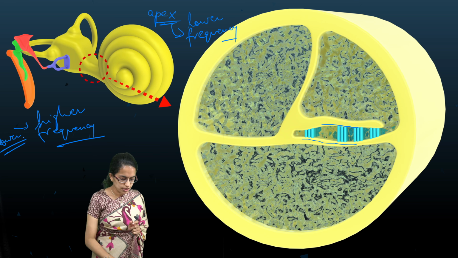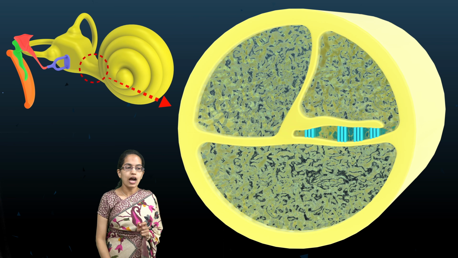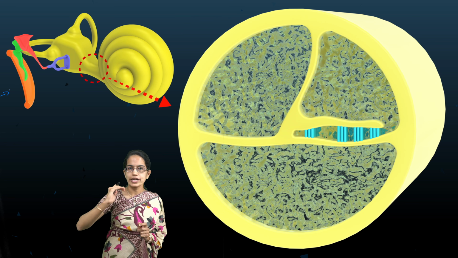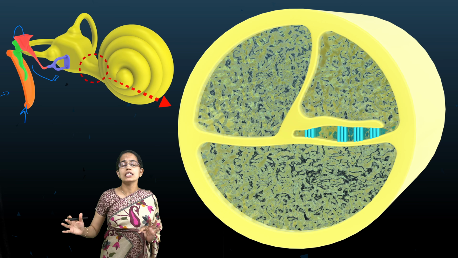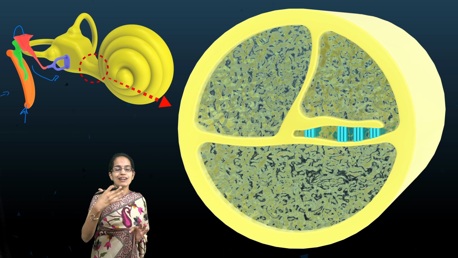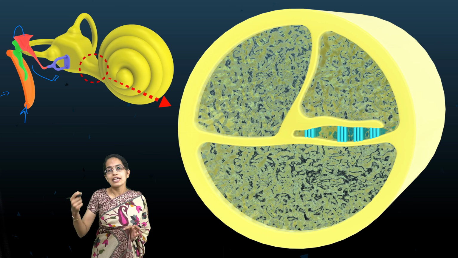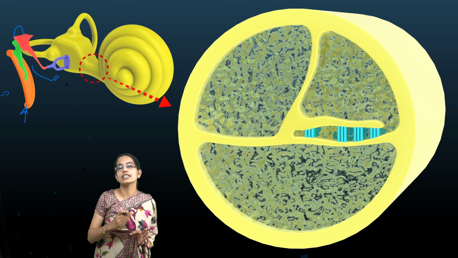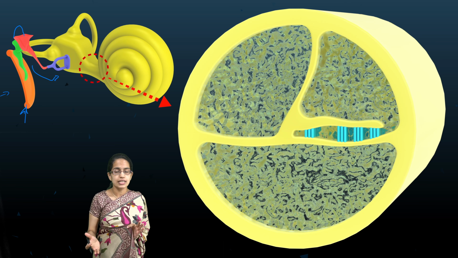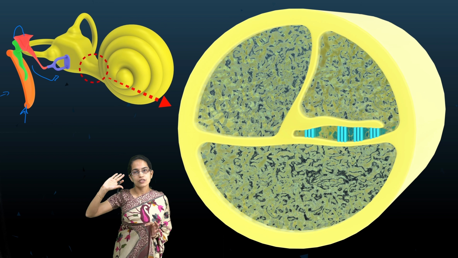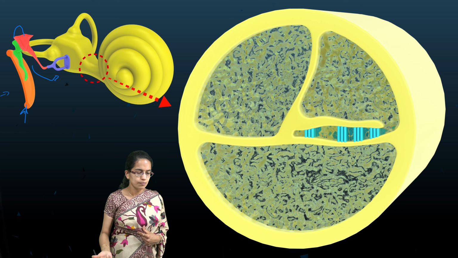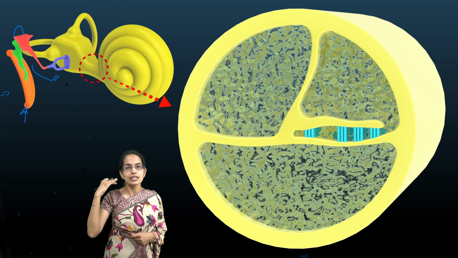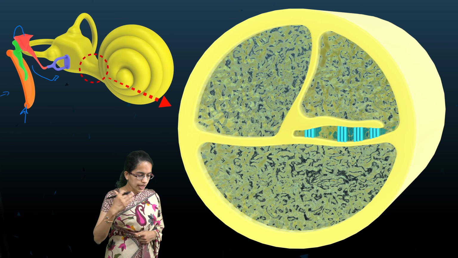So in this process, what we have understood today is the outer ear, which is the pinna, auditory canal, and the eardrum, that's here. The three bones which constitute the middle ear, their work is amplification of sound, and finally the cochlea, which aims to convert the mechanical energy into electrical energy and transmit it through the auditory nerves to the brain, where the signals are interpreted and what is being said is being deciphered at your end.